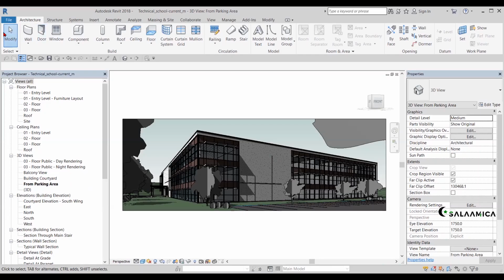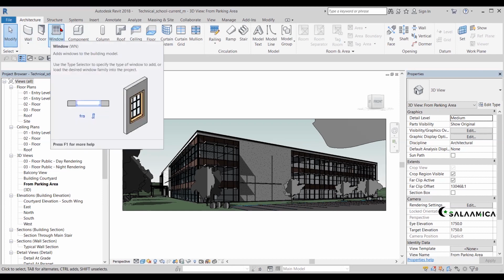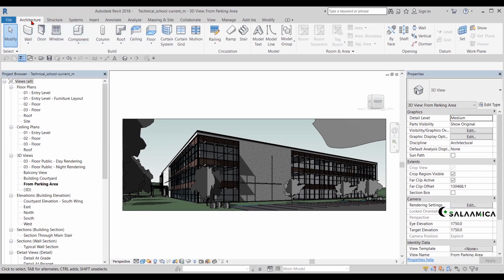Ribbon, actually all the tools we are using here, from here to there, is the ribbon. And our ribbon contains tabs: architectural tab, structure tab, systems tab, and so on. And each tab contains panels: architecture build panel, architecture circulation panel, and so on. But don't worry, we're not going to focus so much on the description. I just want you to know that there is some kind of information like that. There is a tab, and each tab has a panel.